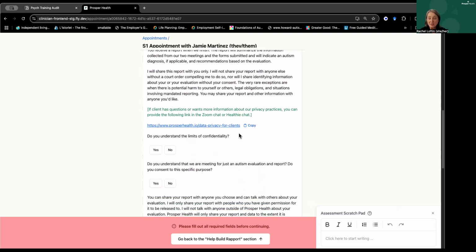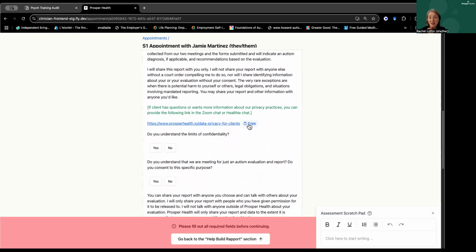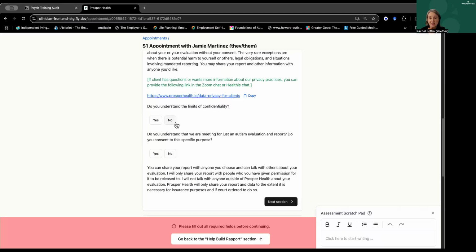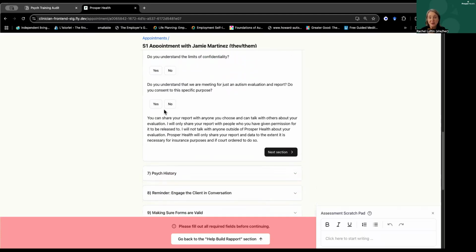There is a link here for clients who are concerned about privacy and concerned about their data. We've definitely seen a spike in requests for this kind of information in 2025. So just know it's there, and you can definitely share that with clients by copying and then pasting it right into your Zoom chat. Confirming that the clients say they understand, confirming that the clients consent to the evaluation based